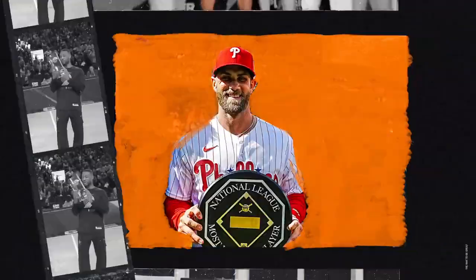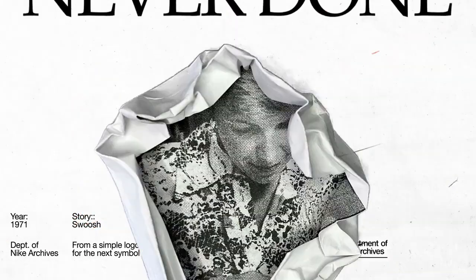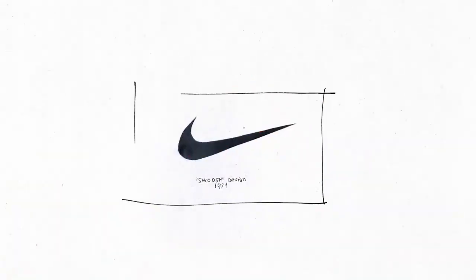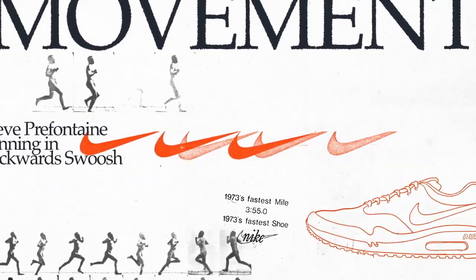Big brands are also getting in on the act. Nike celebrated its 50th birthday with a collage-style short that combines video footage with sketches, newspaper cuttings, and photos. The result is a compelling mixed media look that makes the viewer feel like they're moving through the pages of a scrapbook. This trend embraces a mishmash of approaches, so there are no limits to how you can incorporate it